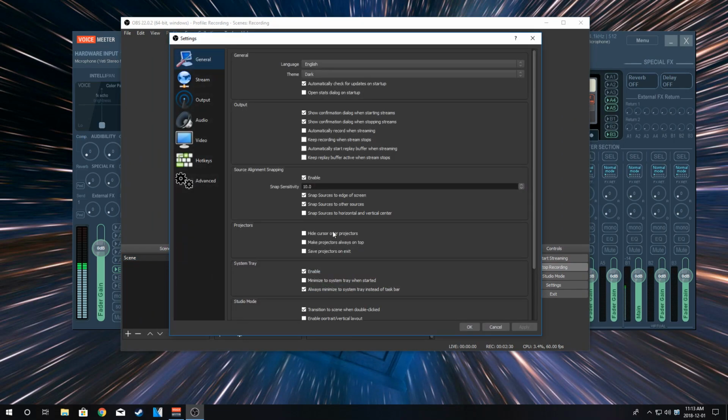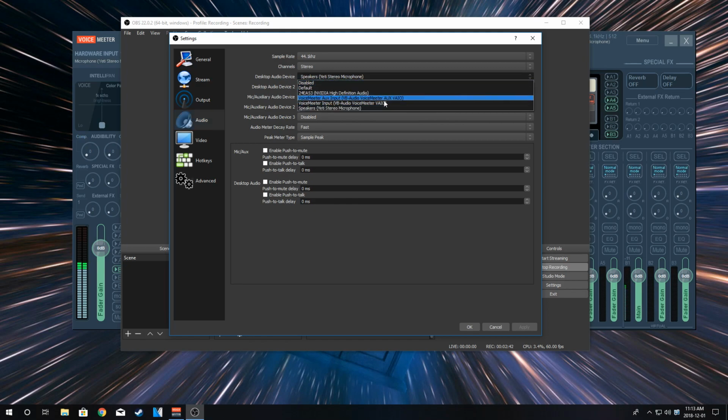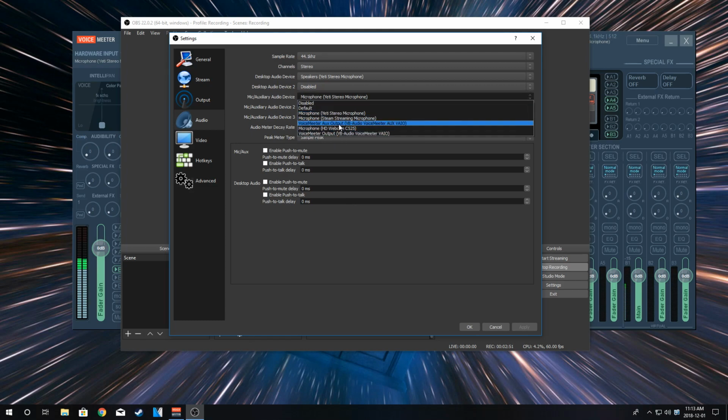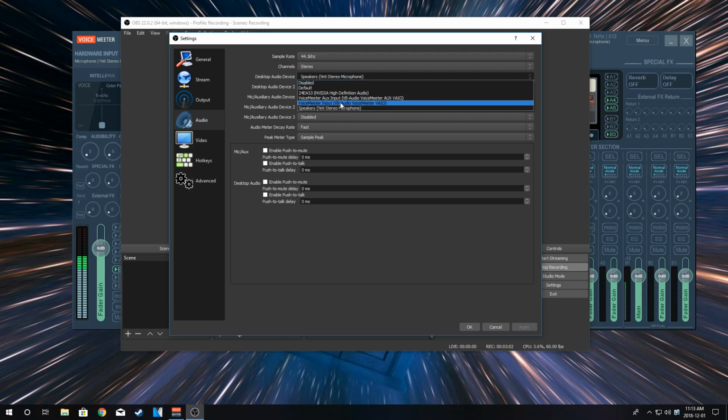So we go into settings, audio, and you'll see desktop audio device, mic audio device. Now there is a little bit of a difference between these. Desktop audio is going to read your inputs. It's actually going to accept audio from your inputs, whereas mic auxiliary are going to accept audio from your outputs. Depending on how you have this configured, you can do it several different ways, but we're going to be doing it this way. So I want to record VoiceMeeter input